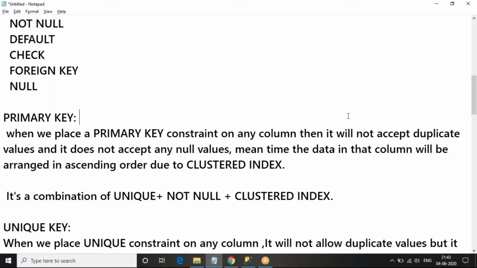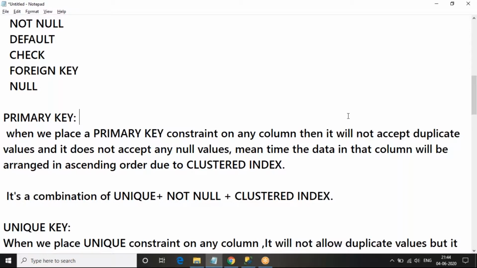Mandatory column, a simple example: when we fill in an application form, you can observe first name, middle name, last name, and some boxes with an asterisk symbol. That asterisk represents that the user should fill that field with some value. Similarly, when we process data, some columns are mandatory fields, meaning we must fill them without any blank values. And plus a clustered index. A clustered index means that when we create a primary key, the server automatically arranges the data in ascending order, and that ordering is created by the clustered index.